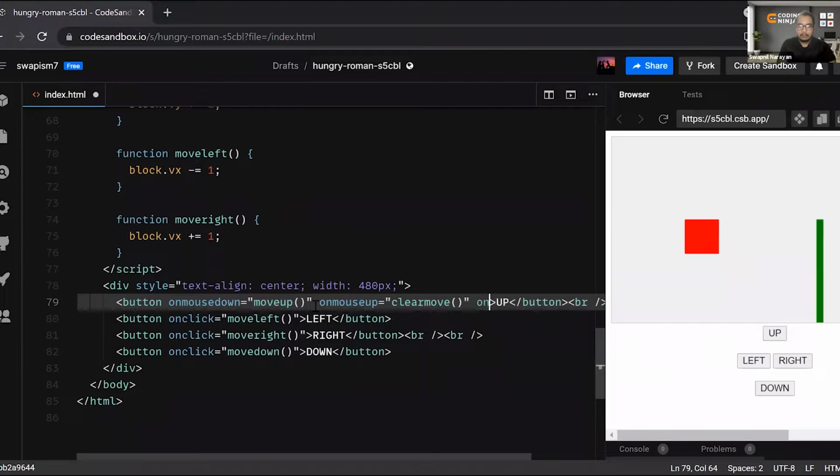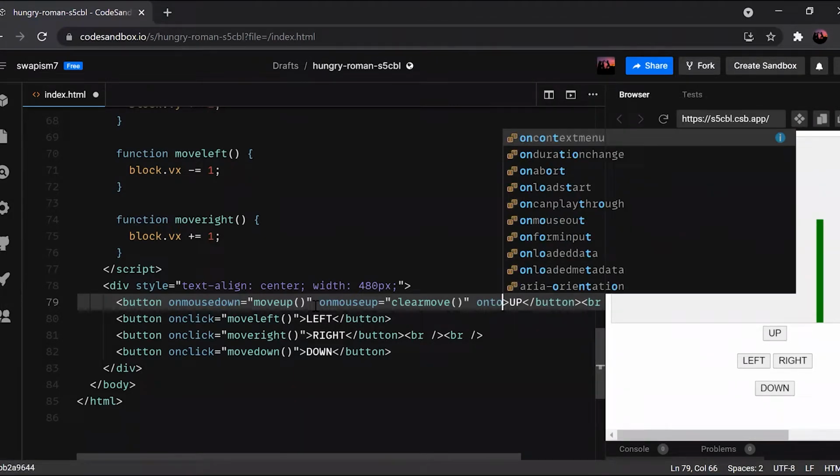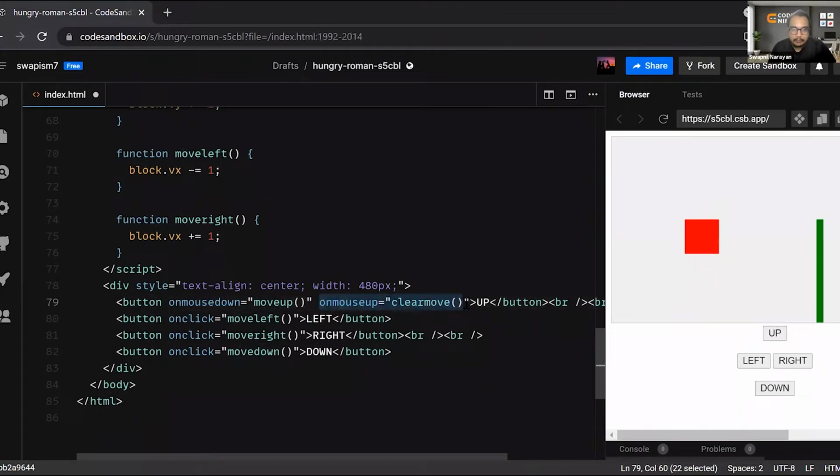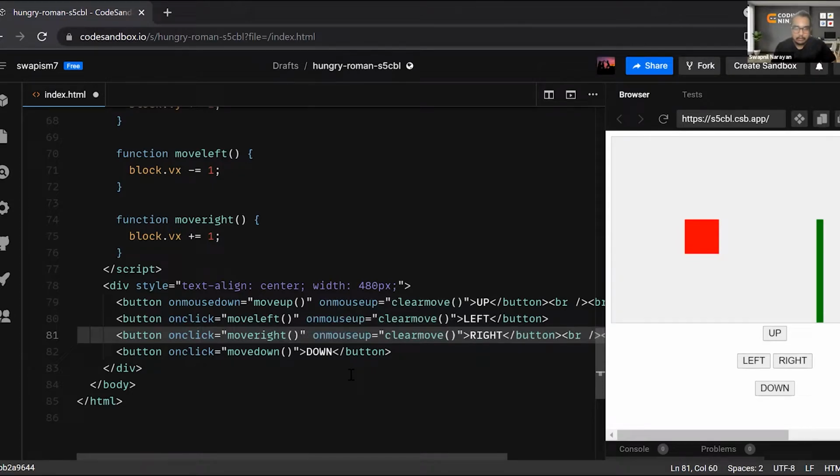Or there is one more event listener, on touch start. That is actually not required, but still, let's provide on mouse up now, and let's write it for each and every case. For the left case, for the right case, and for this one also.